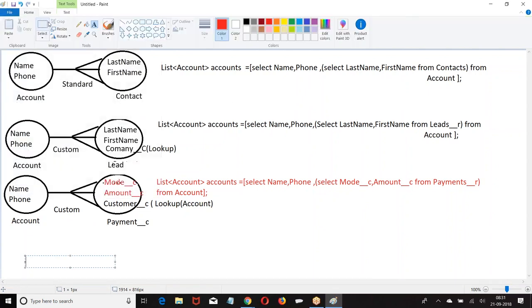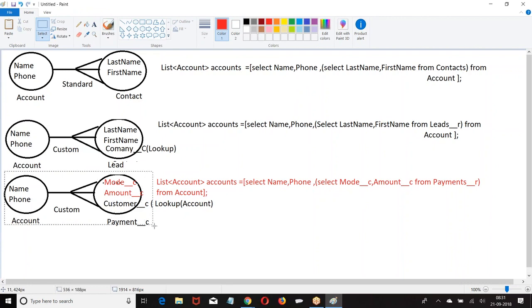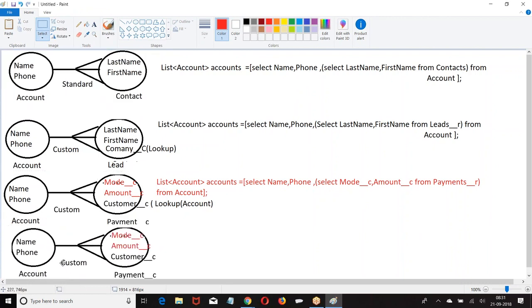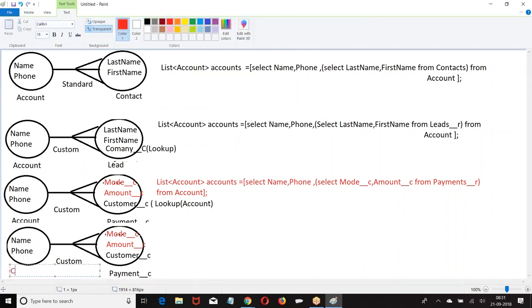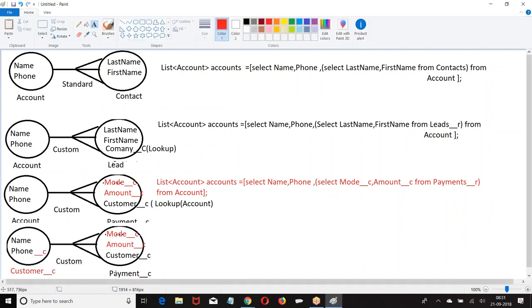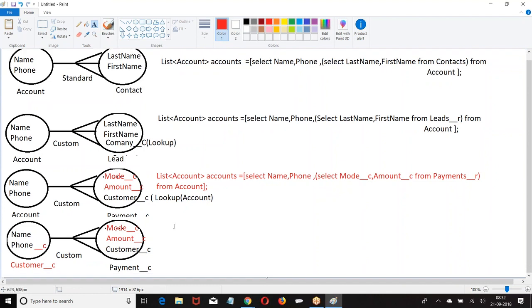Next, what is the next possibility? Customer. No, both of them are custom objects. The relation is a custom relation.